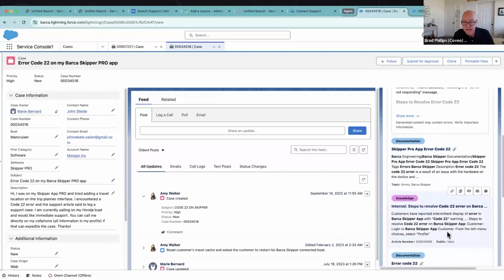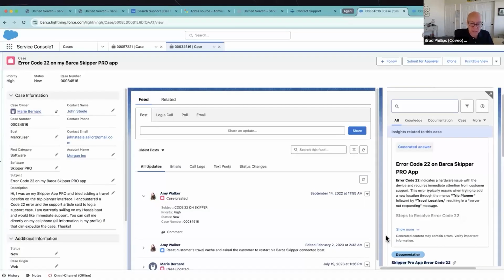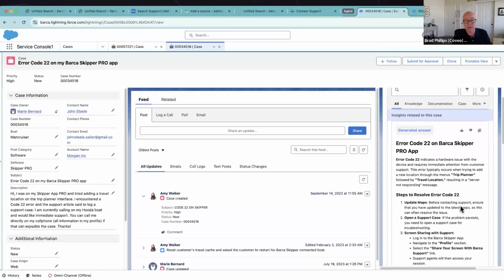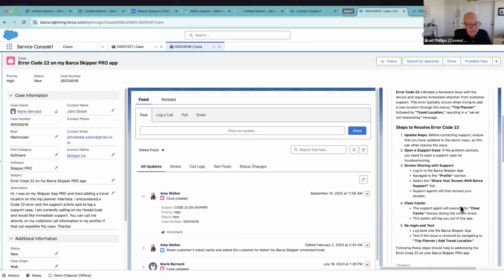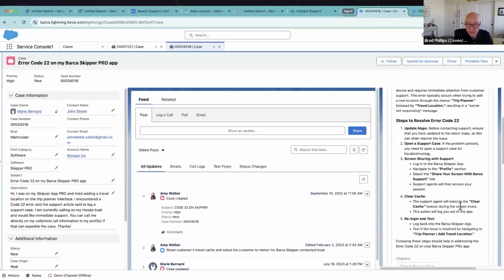I could attach a community post. I could attach Slack conversations. I can go ahead and attach content to a case. What that's going to do is inform our AI for the future. And it's also going to just give that historical context for other people that view similar cases to see how those cases were solved. And of course, you've already noticed the generated answer right there at the top, just ripe for sharing. It's going to solve that customer's problem immediately.